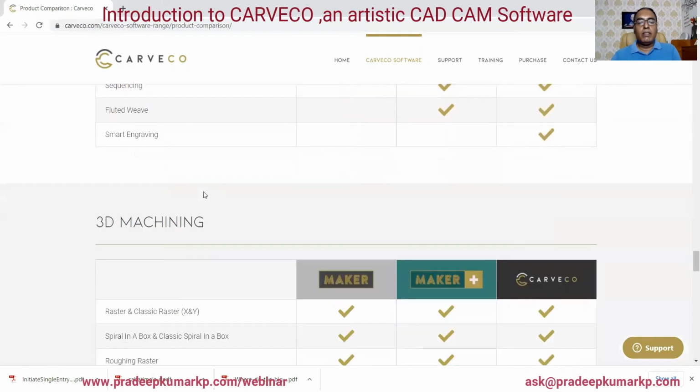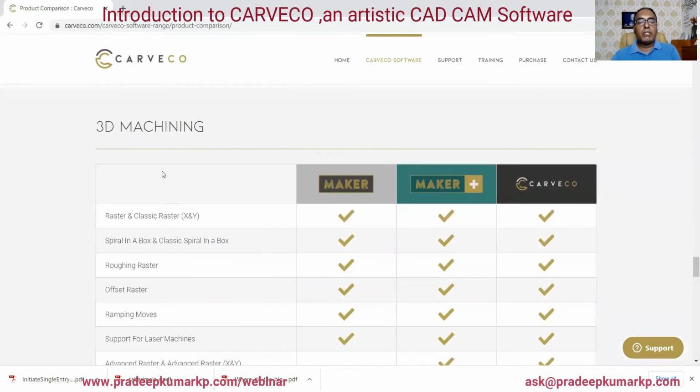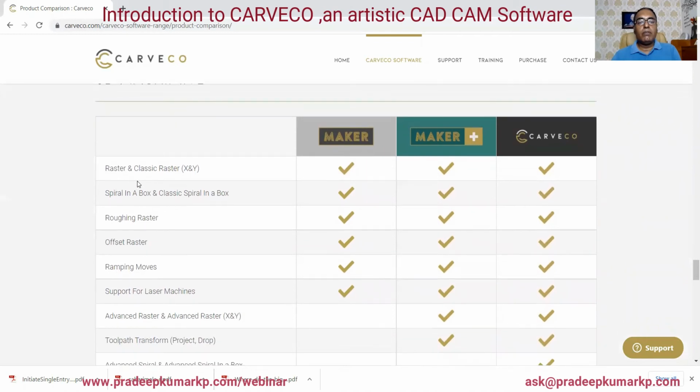Are any 3D machining options available? Yes, in 3D machining you have 3D relief machining with raster and classic raster, spiral in a box and classic spiral in a box. These are the different options of operations.